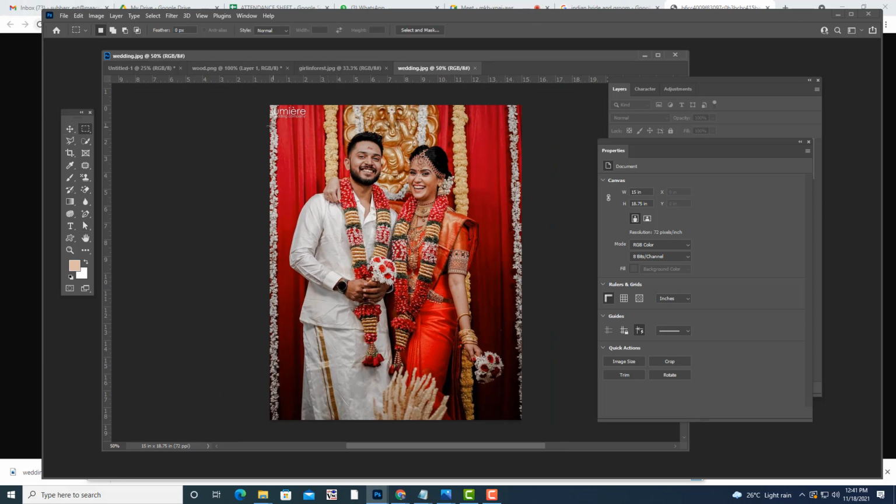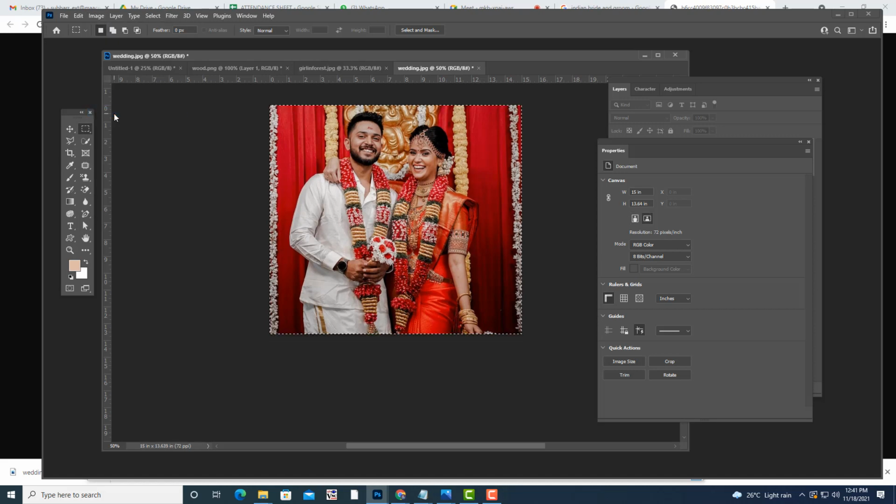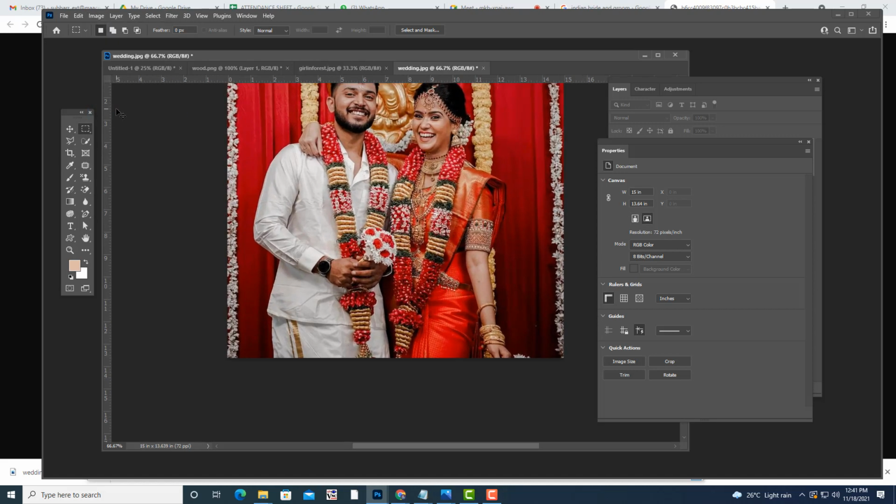Then we will just crop some part here. Image and crop.